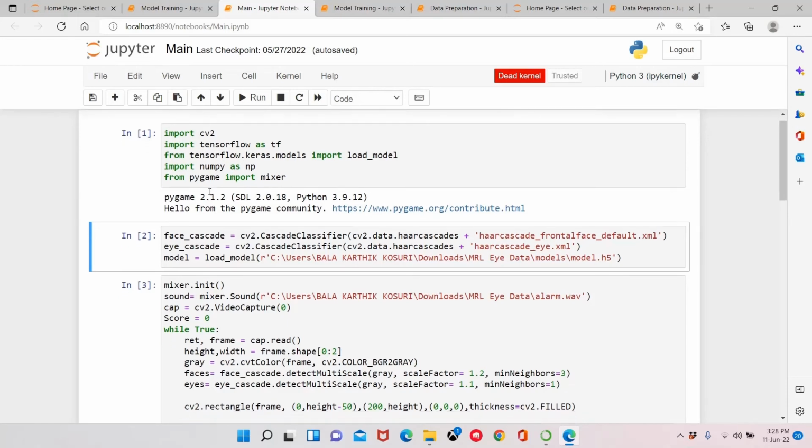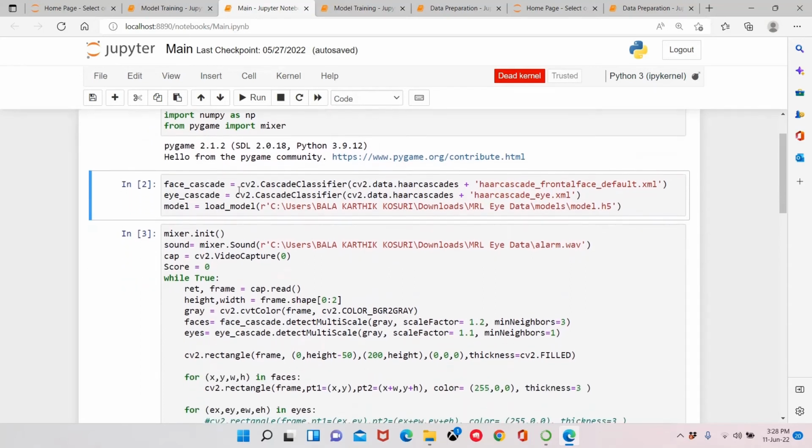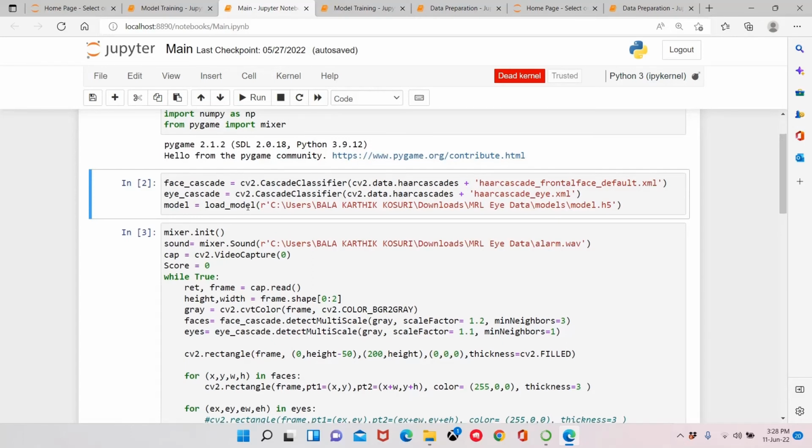In this we are using face cascade, detecting the face using CV2, and eye cascade, which is used for detecting the eyes of a particular face, and model equals load_model, which is used to load the model which was trained before.